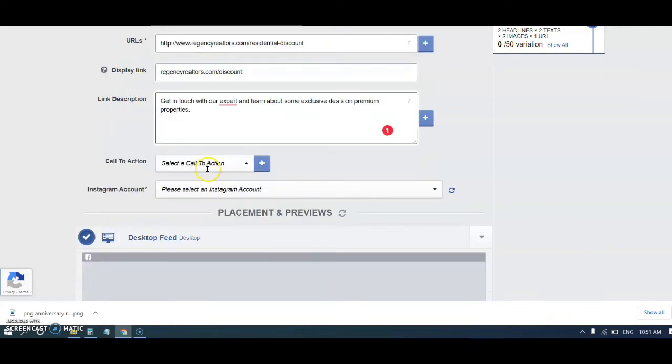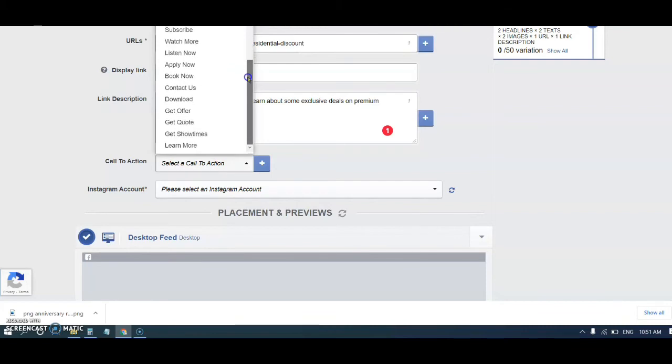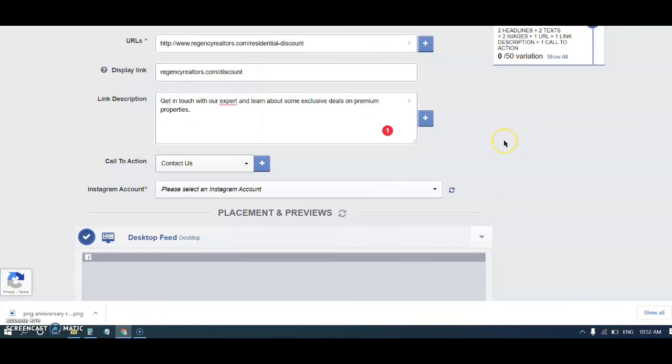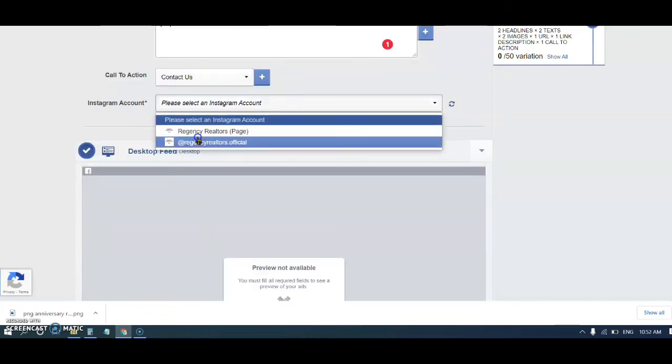Right, now select a CTA button from this list. I'm going to select contact us for my ad. Select your Instagram account from this drop down.